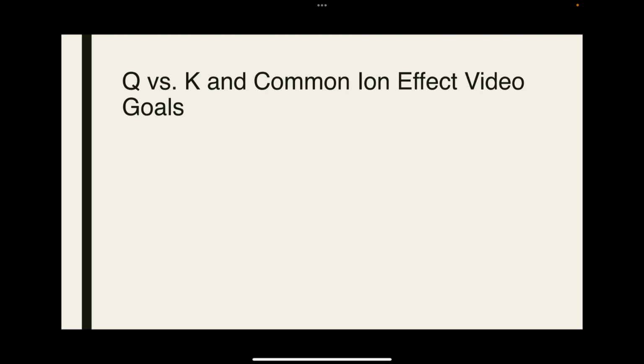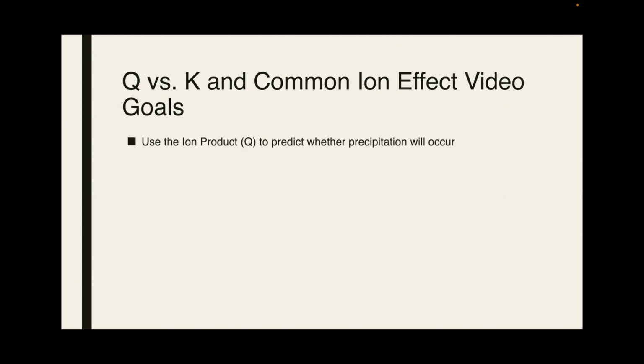Welcome to the Q versus K and common ion effect video. This video covers two separate but somewhat related topics. By the end of this video, you should be able to use the ion product constant, or Q, to predict whether precipitation will occur. That's the first topic. And then the second major topic, the common ion effect, you should be able to understand